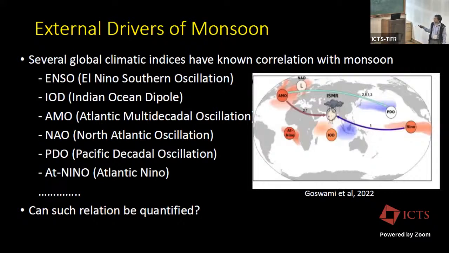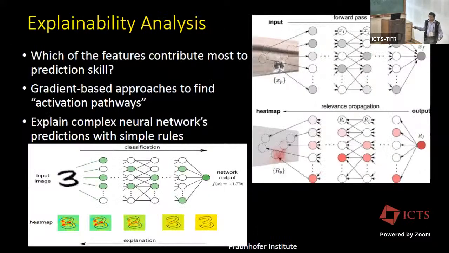So we know that there are various external drivers of monsoon, like El Nino Southern Oscillation, a well-known external driver of monsoon, and IOD, the Indian Ocean Dipole. But then again, yesterday in some of the talks it was mentioned that AMO, some processes in the Atlantic Ocean, are also known to impact the Indian monsoon. So there are all these external drivers of monsoon. Now one can pose this question: can the values of all these things be used to make forecasts of monsoon? Not only forecasts, but what exactly is the relationship between all these variables and the Indian monsoon?